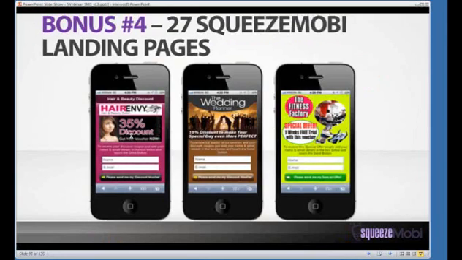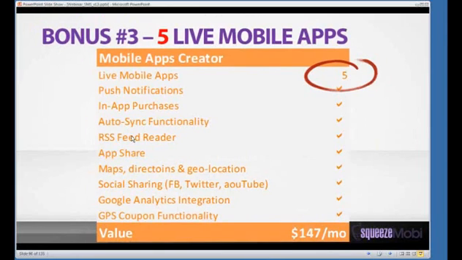Now, hold on. Let me calm myself down a little bit, because this is the bonus that I'm the most excited about. If you've been following us, maybe you're new, our claim to fame a little bit was our hot templates, and they were all done in HTML.